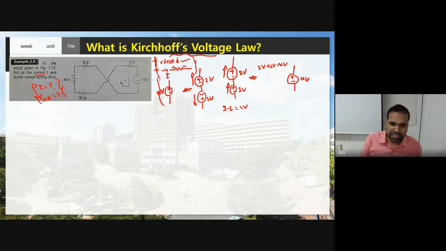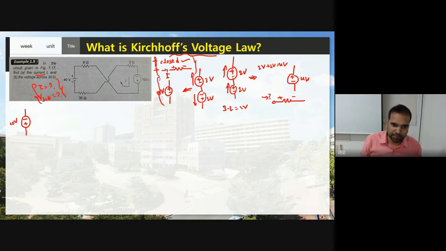Now this is minus and plus. I'm going to write this one here, minus and plus. What is the value? This is 100 volts. Now what I told you here, if there is a resistor and current I is flowing like this, current always flows from plus to minus, higher potential to lower potential.